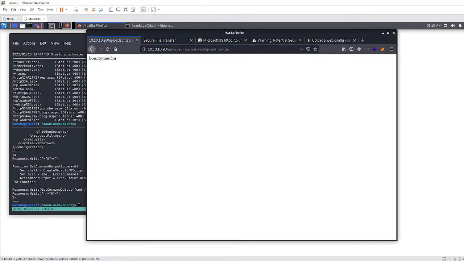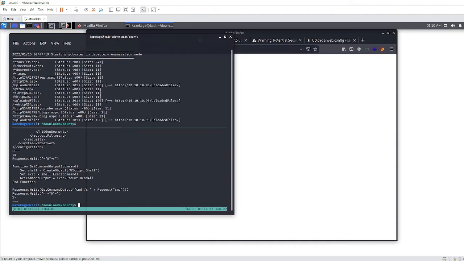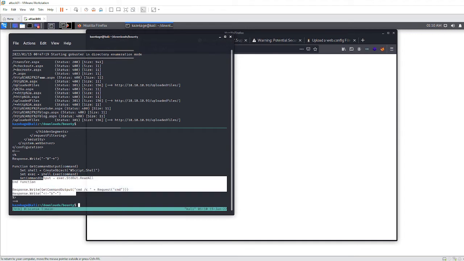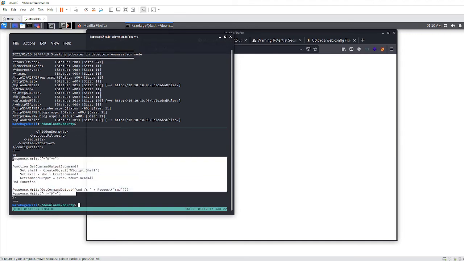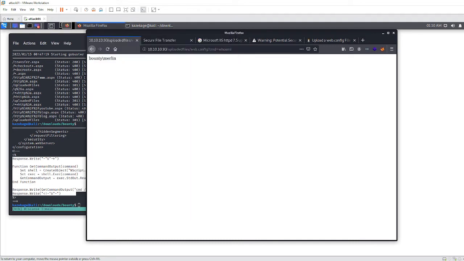All right, cool. So we get the output of the whoami command back. So that's what the ASPX part of our web.config file is doing. Remember, this vulnerability works because we are able to upload our own web.config file. This should not be a thing. And I don't think this version of IIS is even being supported anymore. So now that we can execute this,